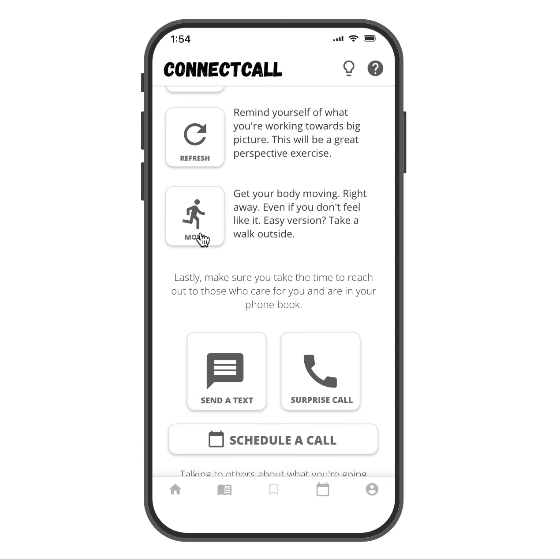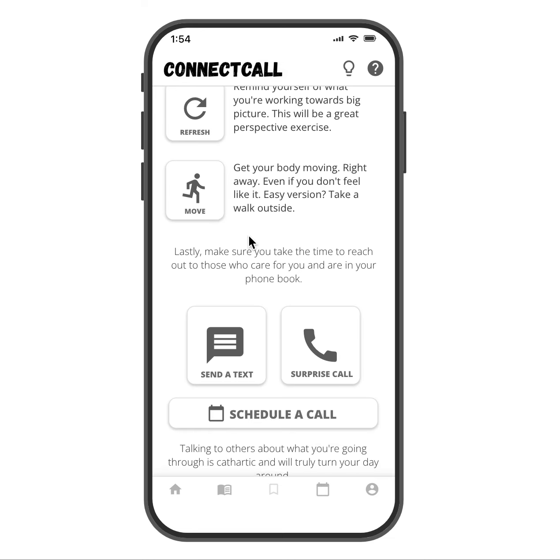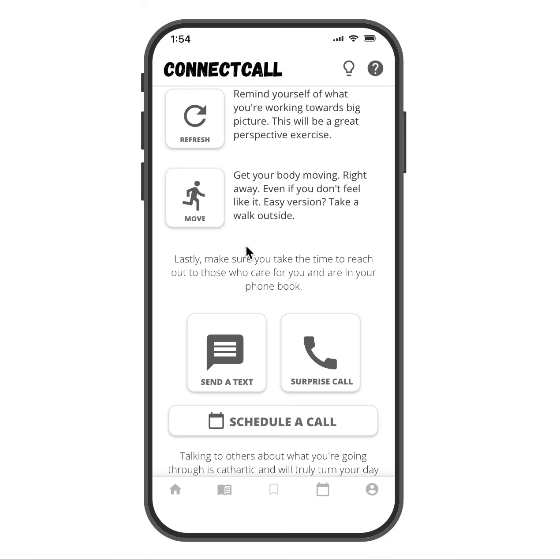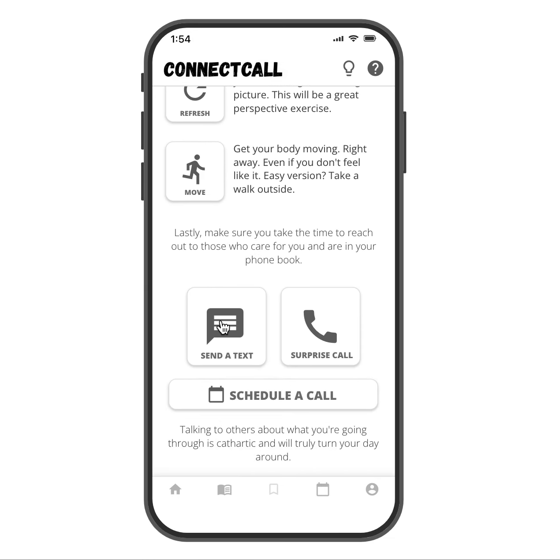And then get out, get moving. The easiest thing you can do is take yourself for a walk. If you've got a dog, take your dog for a walk. If you don't have a dog, guess what? You are the dog. Take yourself out for a walk, even if you don't feel like it. But from there, the end goal to all of this, as you are feeling better, is to then reach out